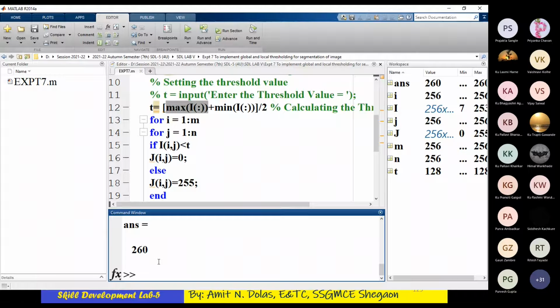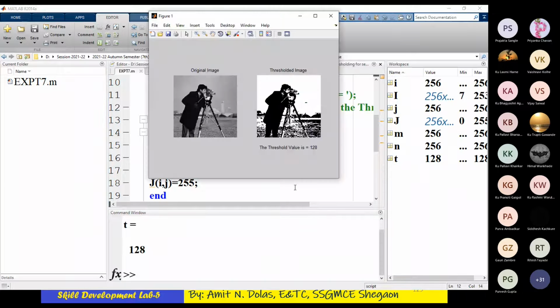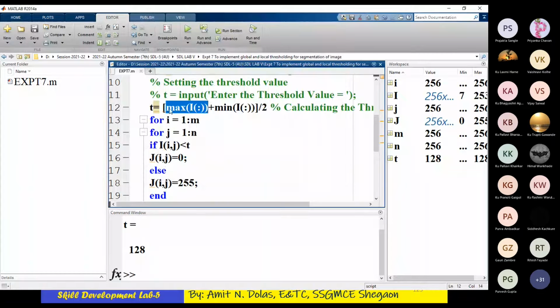It is 260. And 260 divided by 2, 130 should come. Why is it 128? Yes, why is it 128? It is maximum plus minimum divided by 2.